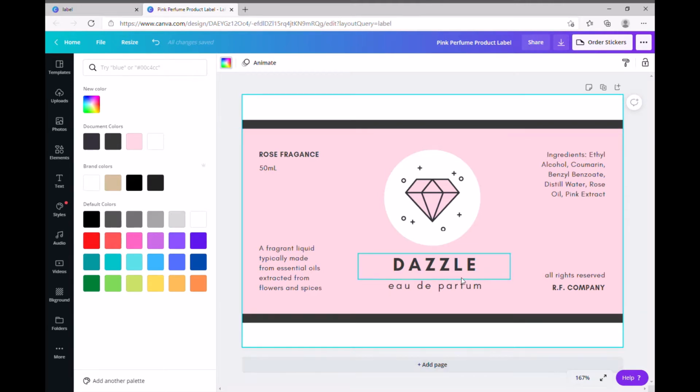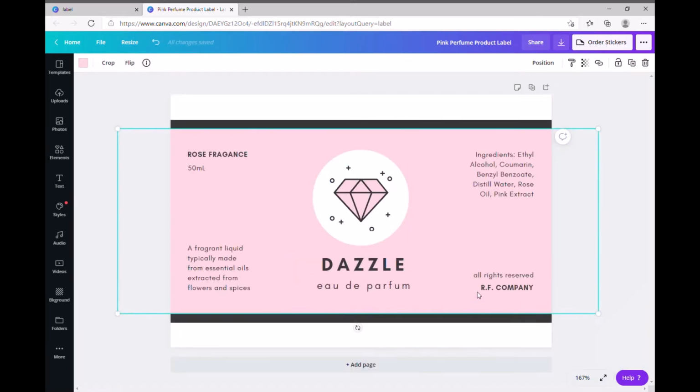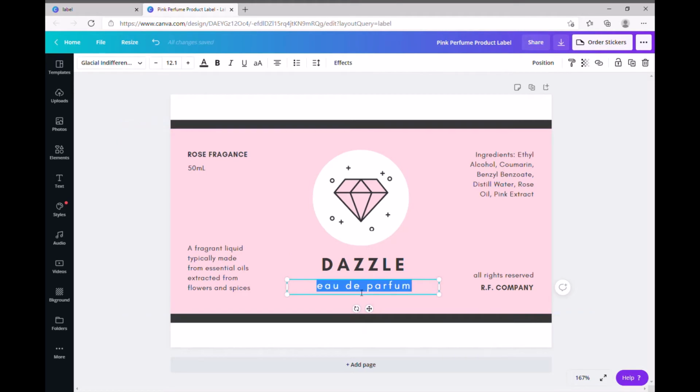So what I did was I changed this text to the size. So let's say I'm doing like 1 fluid ounce, 30 milliliters, right? So change the size, and then I used